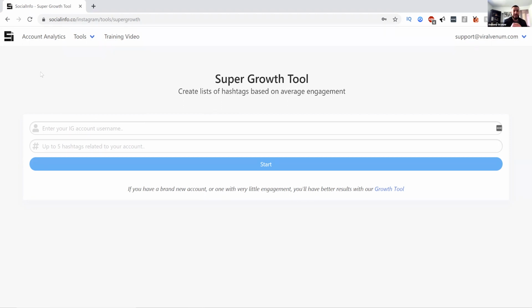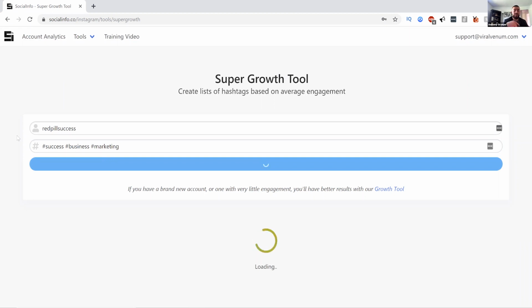So when you come to this tool, there's two things that you're going to do. The first one is you're going to put in your Instagram account username. So we can start off, I'll use my account as an example, one of my accounts. So put in our username, and then we're going to put in up to 5 hashtags. So as if I was doing hashtag research for this account, let me plug that in. So we could do up to 5. So let's just do 3. We'll do success. Let's do business. Let's do marketing. So if I had a post, right, and it's going to be revolving around business, marketing, success, things like that, money, plug those in, plug in your account, plug in the hashtags,